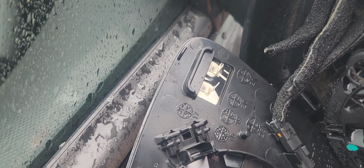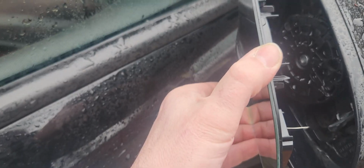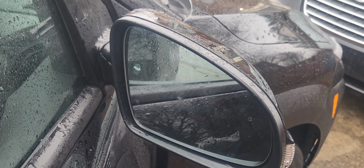All right, we're going to hook these up. Honestly, I don't know which order they go in, but it's not going to be that big of a deal to just take the thing off if it doesn't heat up. They might not be polarized, so it might not matter. But anyway, all the connections are made there, and we're just going to very gently pop it back into place here. And I heard a little click. Let's hope